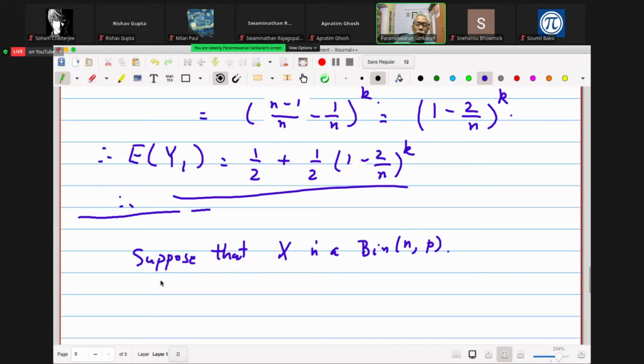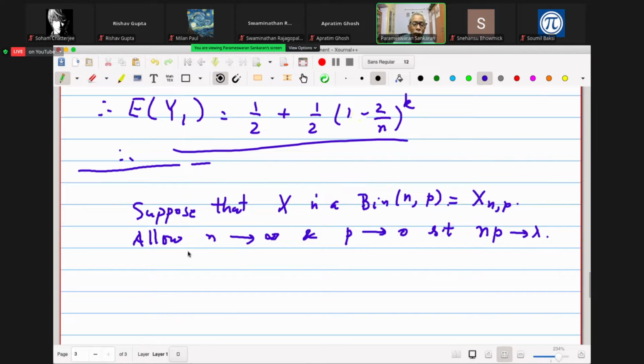Now allow n to go to infinity and p to go to 0 in such a manner that np goes to lambda. So let us denote this X as X_{n,p}, right? Then